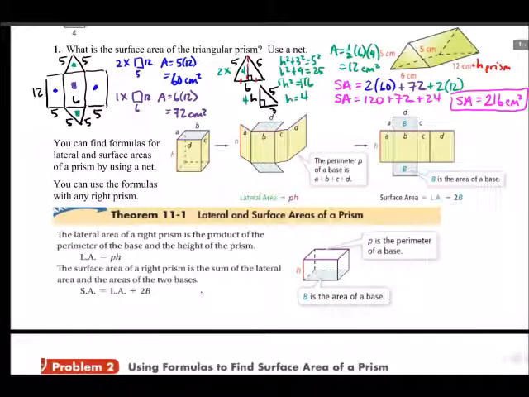Okay, this was a little bit of work, but it wasn't too bad. We drew our net, labeled our dimensions, and what we found is we have 2 rectangles, the blue ones here, that are 5 by 12. Area is just base times height, so we get 60 centimeters squared. We have 1 rectangle, the purple one, which is 6 by 12, and we just do the area of that, 72